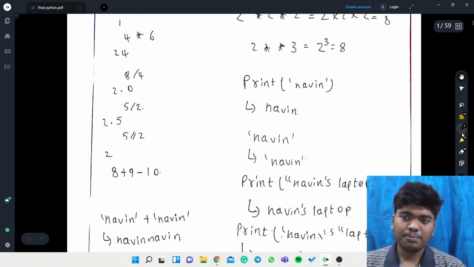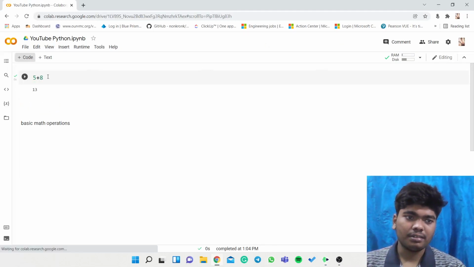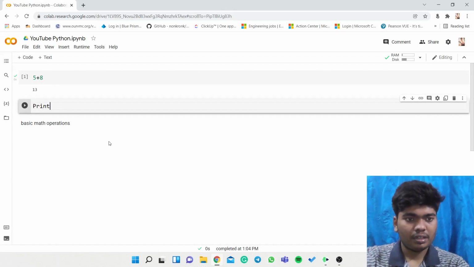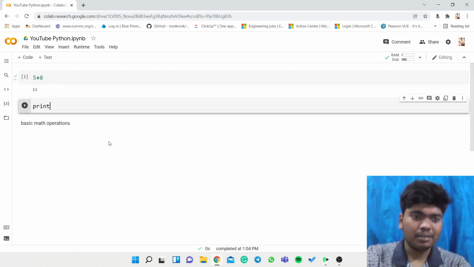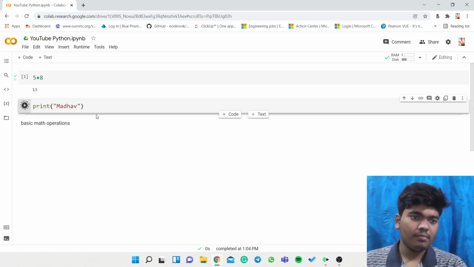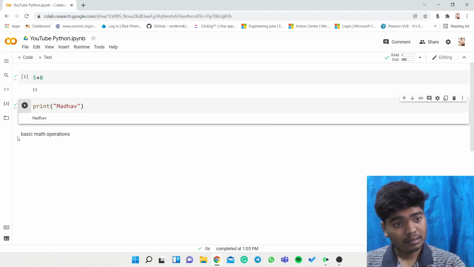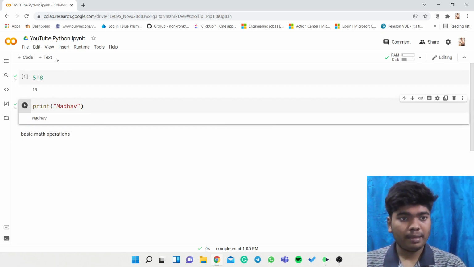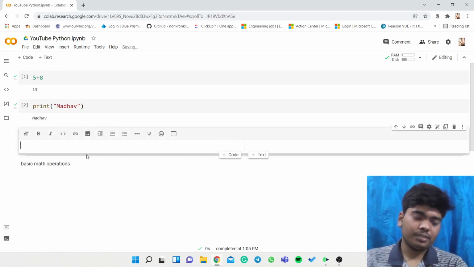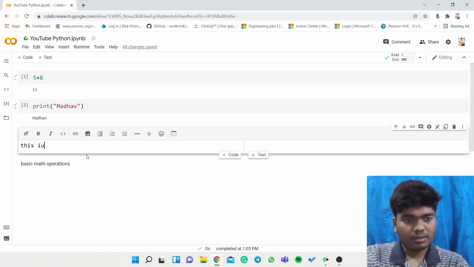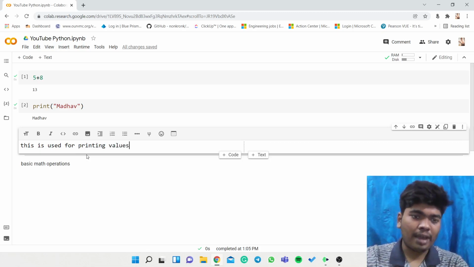If we need to print something like a value, we can use the print command. If you use print, it will print the things here. All are normal words. This is used for printing values.